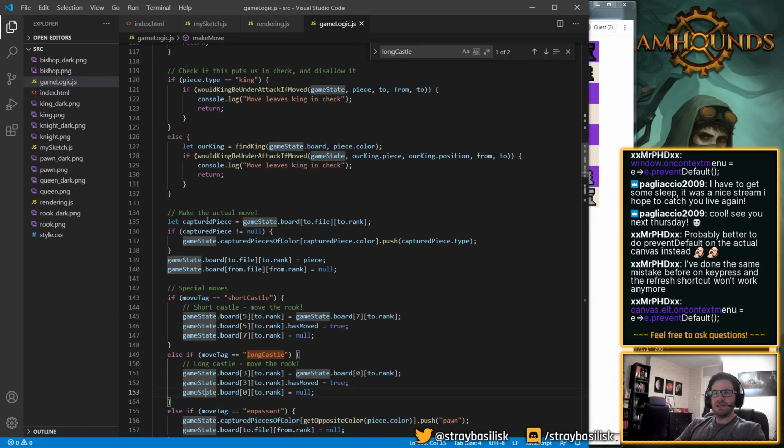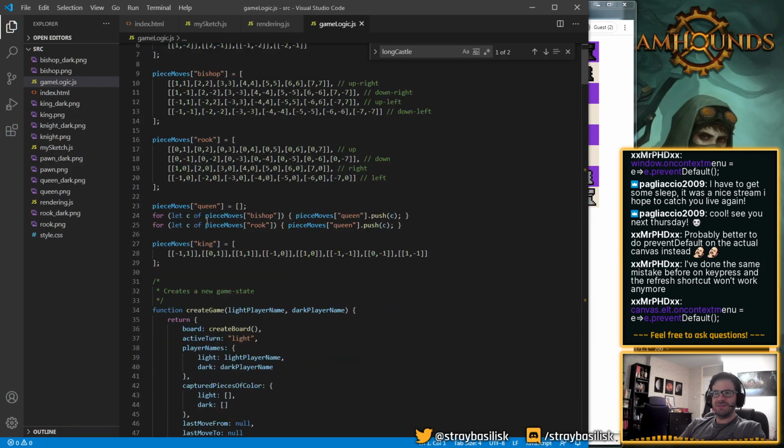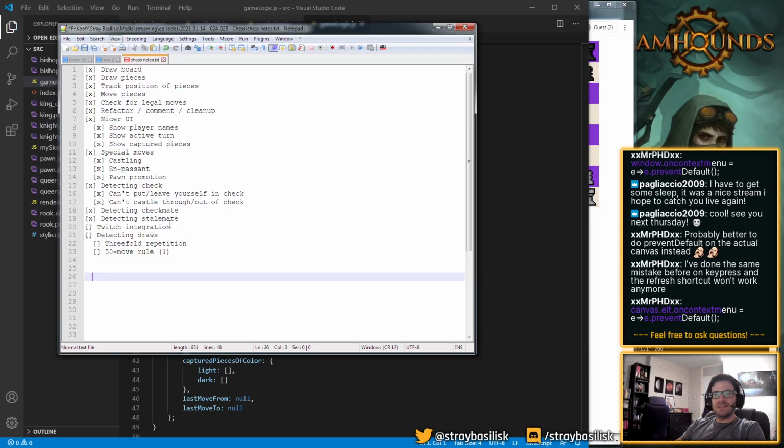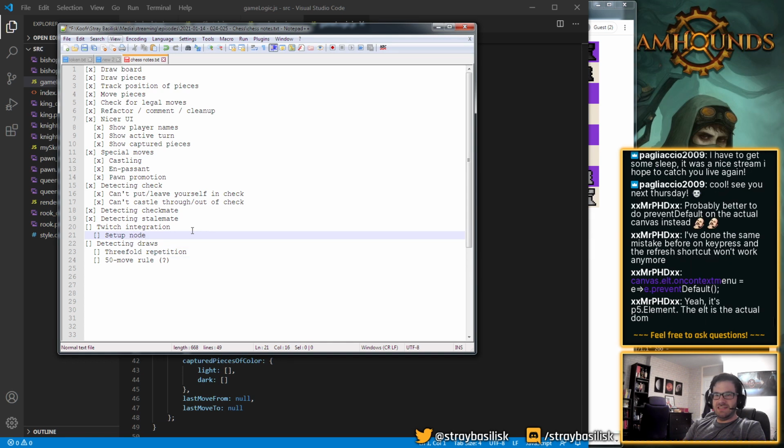I'd like to take a bit of time to clean up and refactor this a little bit. I'll tell you what we do. The plan for next time will be, let's write some of this stuff out. We kind of need to set up, I'm just going to use node.